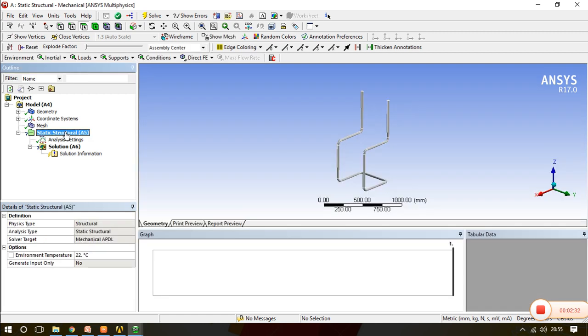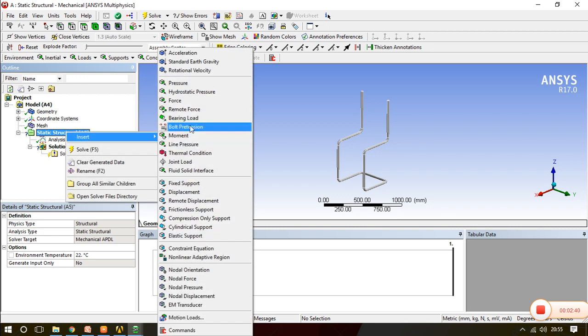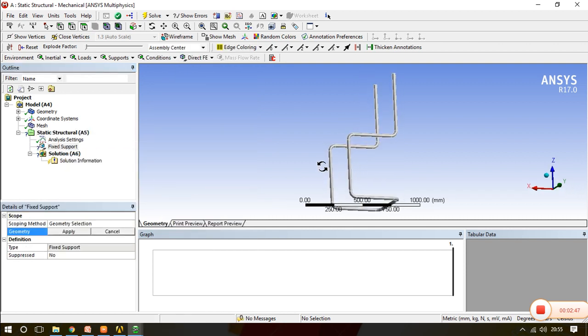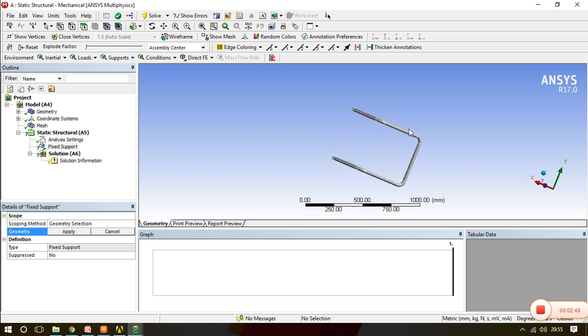Now we'll go to the static structural analysis. First of all, we need to think about where we have to give the zero deformation. So go to the fixed support, and now I'll select this portion for the fixed support.